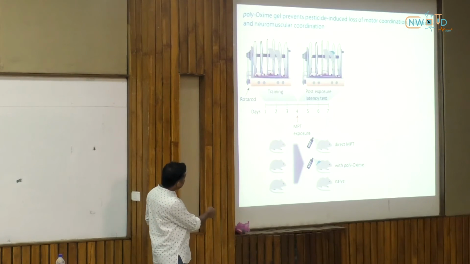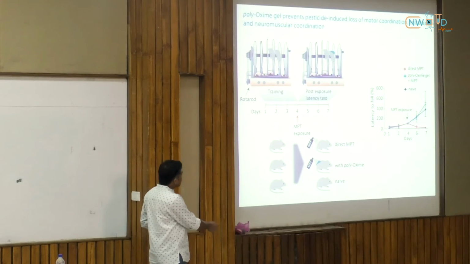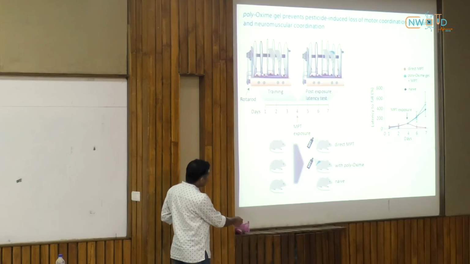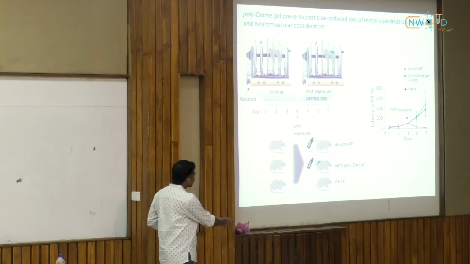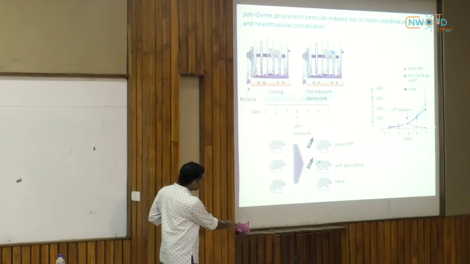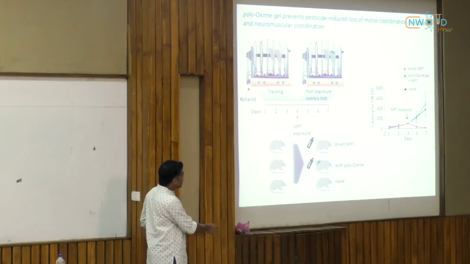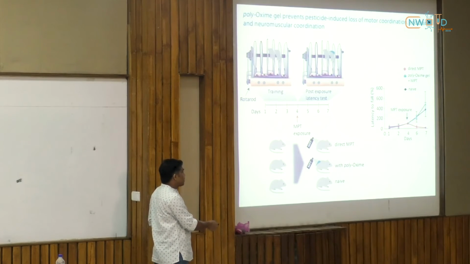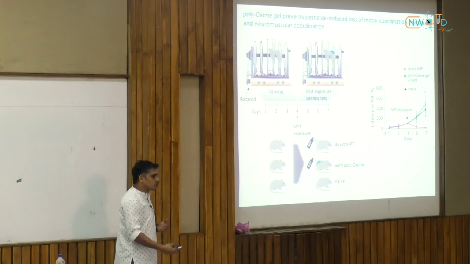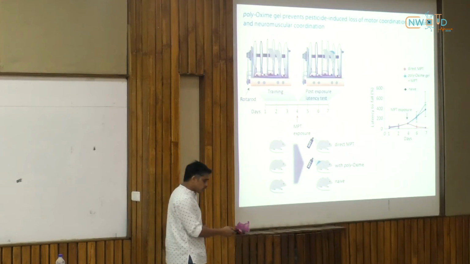Now again you measure their endurance, and as you can see, after the training period, if you directly expose them, their entire endurance drops down significantly. But the same dose exposure in the presence of polyoxime gel completely prevented such loss of endurance, and that is as good as the animals that never got exposed,